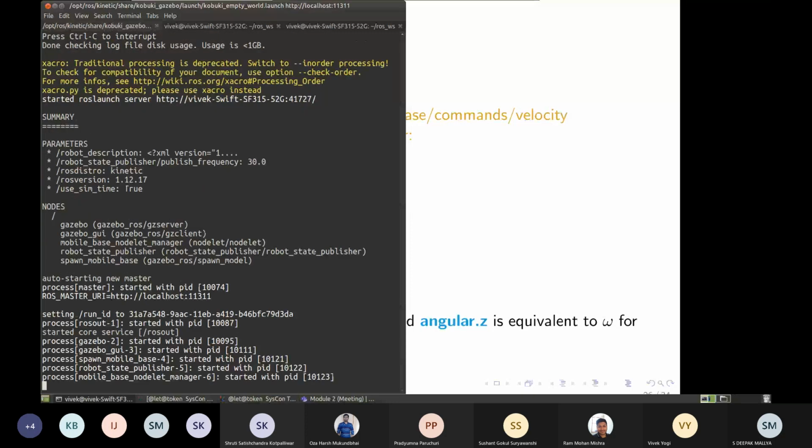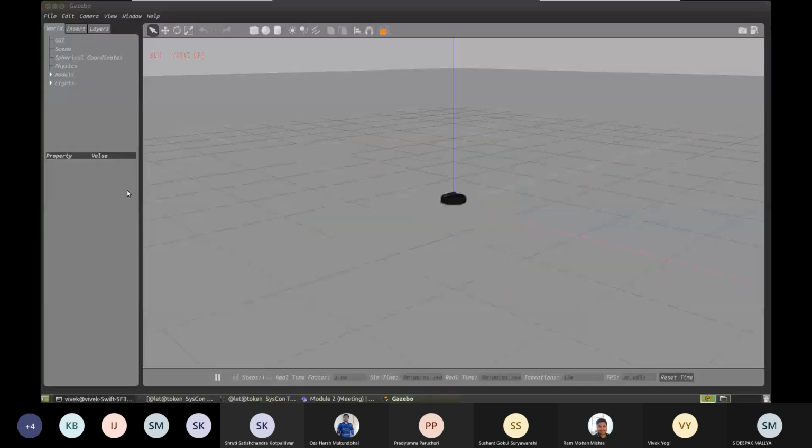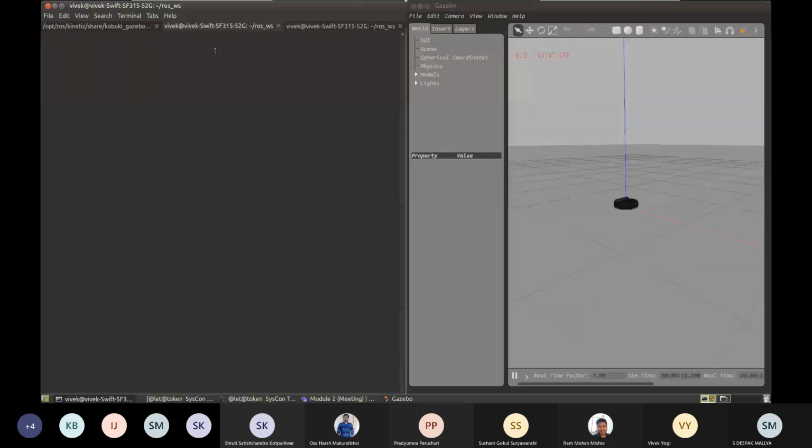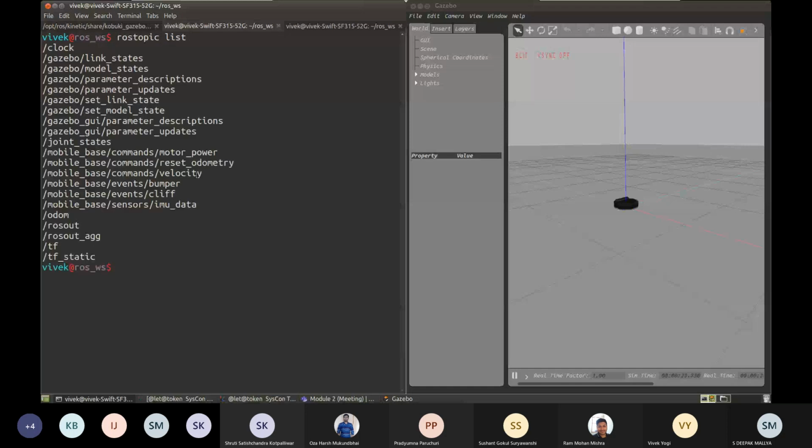Just to be on the safer side, this time I'm going to first see if the topics are all right, so let's go to the second screen. My keyboard is kind of giving me trouble. So, rostopic list again. Here is our velocity command topic.